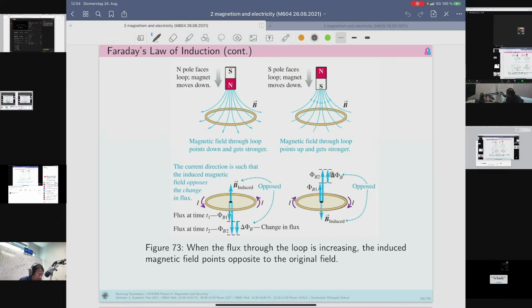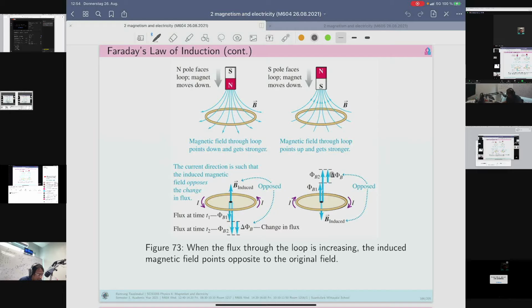The B induced will follow the same. It will have the opposite direction to the flux change vector. Now it's going to point downward. In order to get the B induced, the induced magnetic field